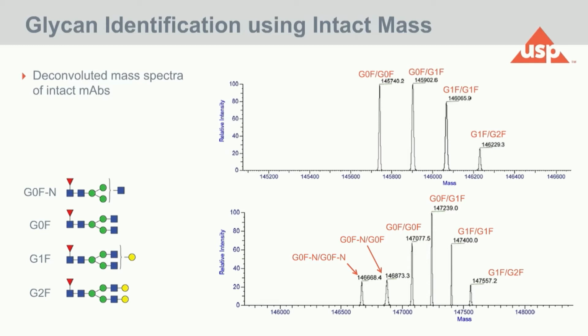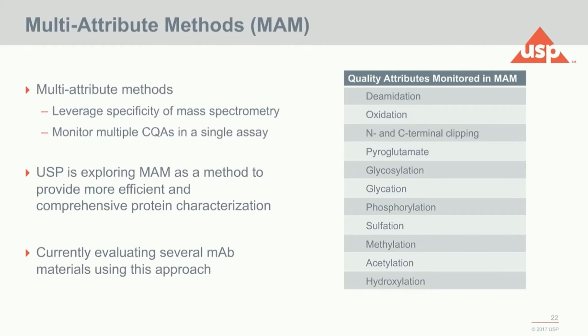The other way that people are approaching this is at the glycopeptide level, and this is frequently now being done using multi-attribute methods. This type of method really leverages the specificity of mass spectrometry and allows you to monitor a number of different CQAs in a single assay. This is something that I know a number of companies are exploring. As far as I know at this point, there is only one company that is using this as a release assay, but it is used